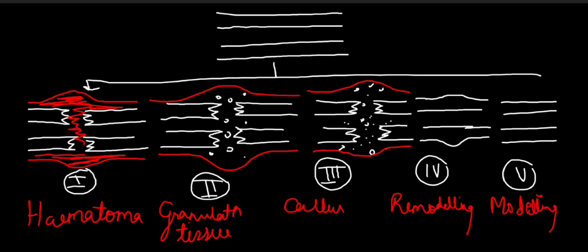So you can see in this diagram that this is the normal bone which is present. Suppose there is a fracture of this normal bone, अगर इस normal bone का fracture हो जाए, so from the torn blood vessels the blood will come out. This is the blood which is coming out from the torn blood vessels, which forms the hematoma. After the hematoma formation, there will be granulation tissue formation. ये हेमाटोमा फॉर्मेशन सिर्फ 7 दिन तक